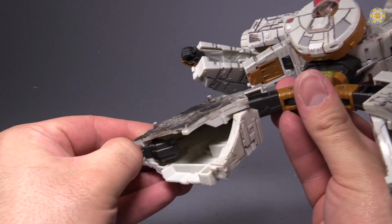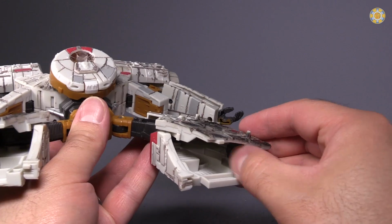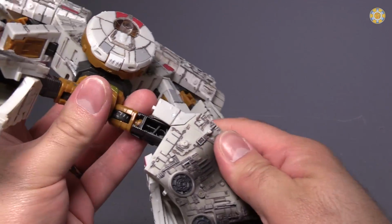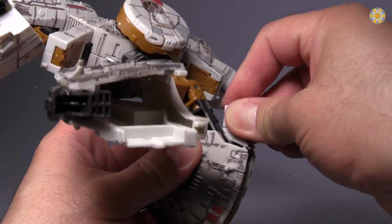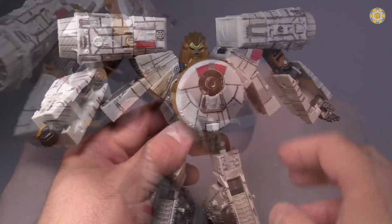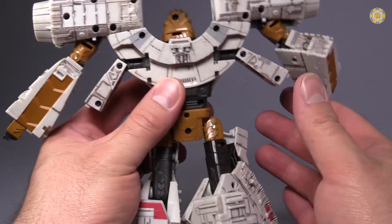And then reach inside and flip out the feet like so. And then simply just kind of turn everything until you could get things in place. Oh, one last thing. The section that's covering up the knees, grab them and just kind of flip them forward like that. The last bit of the transformation for Chewie is turn the figure around to the back, take the